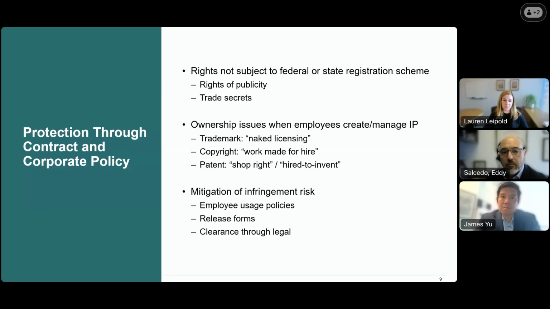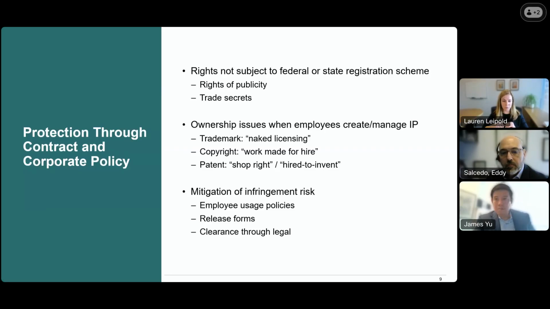In copyright, there's a debate over independent contractors and employees and who owns a work, especially when it's a work made for hire, which is a term of art in that context. And then in the patent context, you see arguments over shop right and whether that creates a license or ownership versus hired to invent. We don't have time to go into detail on any of those matters today, but suffice it to say,